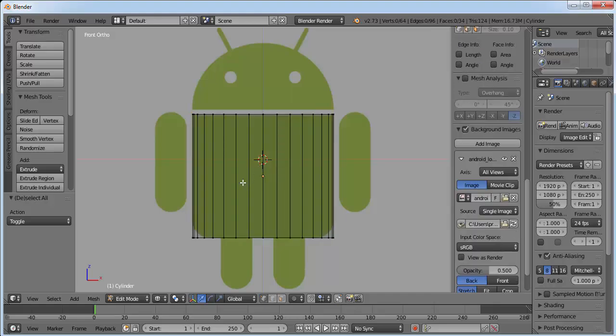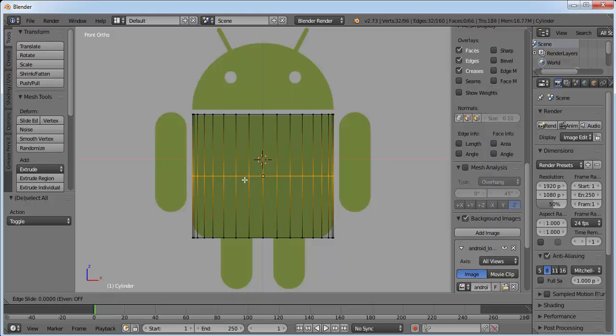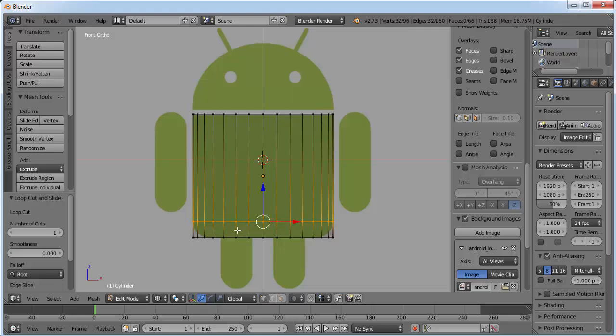Now make sure your cursor is inside this cylinder area and click Ctrl R. Now we'll see this pink line. Left click once and bring it down here where the curve is starting and click again. Now make sure your cursor is in this rectangular area and click Ctrl R again. You'll get one pink line. Double click.